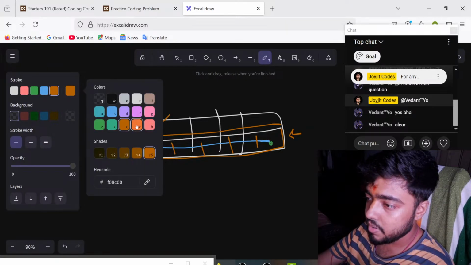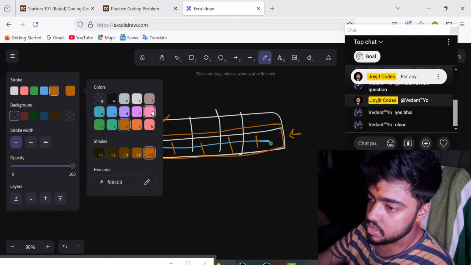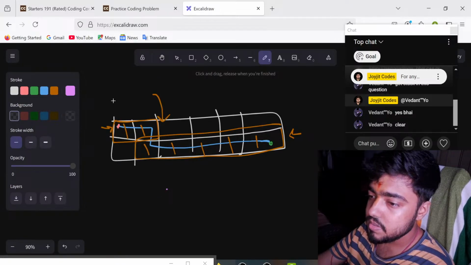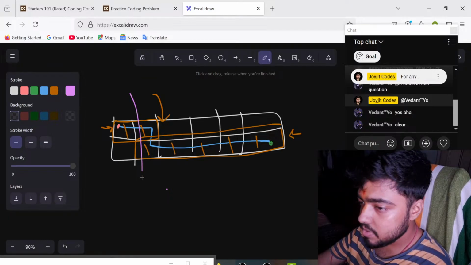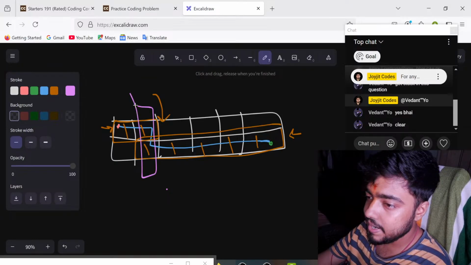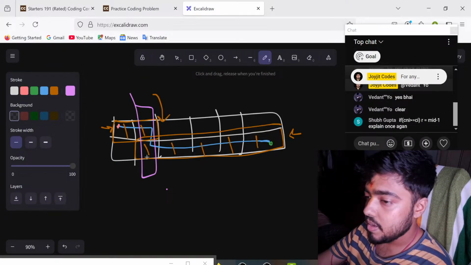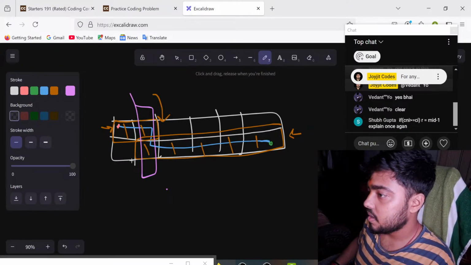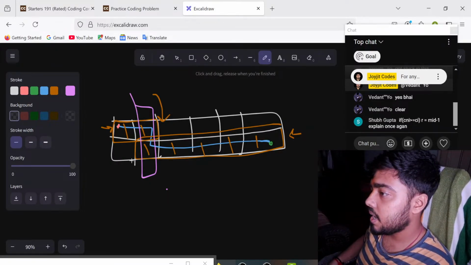I think I will go for pink, I guess. Yeah, I'm okay with that. So let's say I'm choosing this specific index. CNI R is equal to mid minus 1. Explain once again. Oh, okay. CNI, see,